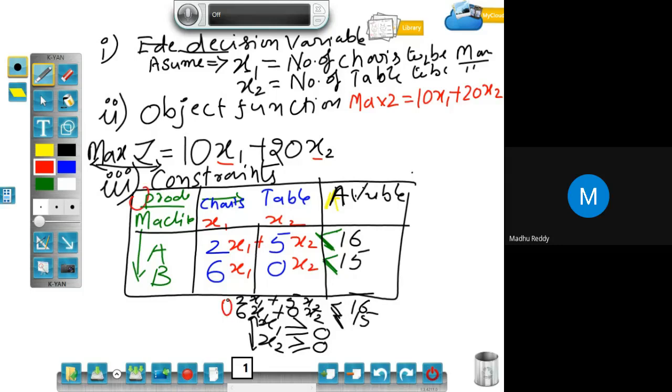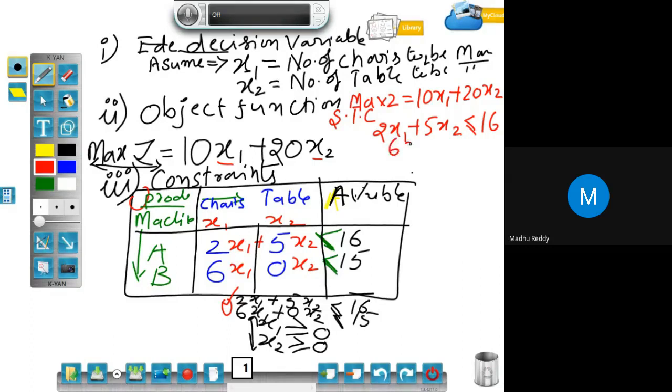Those restrictions will be specified subject to the constraints. The first constraint is 2x1 plus 5x2 less than or equal to 16, and another one is